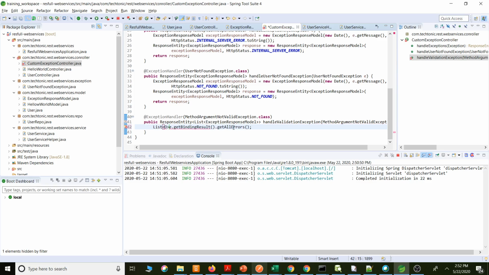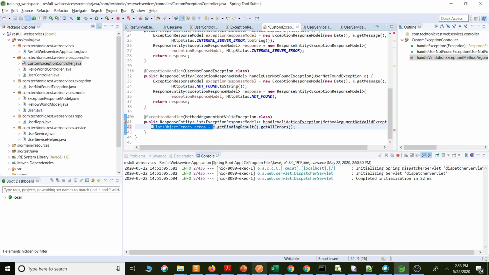It returns a type of ObjectError, so we need to store in ObjectError. Or we don't need to, so directly we can use a for loop.